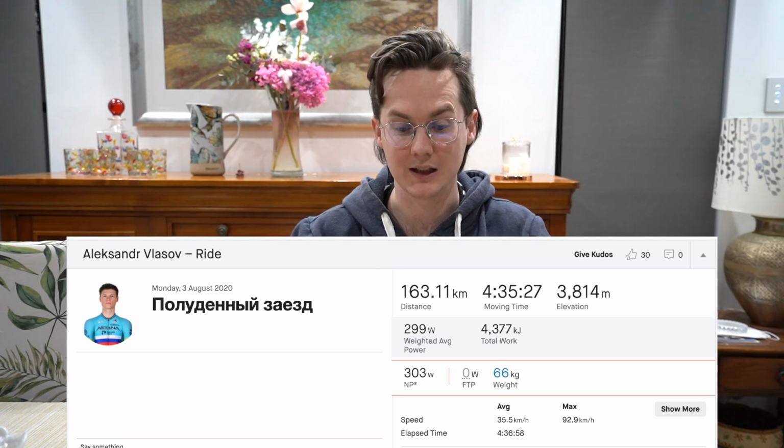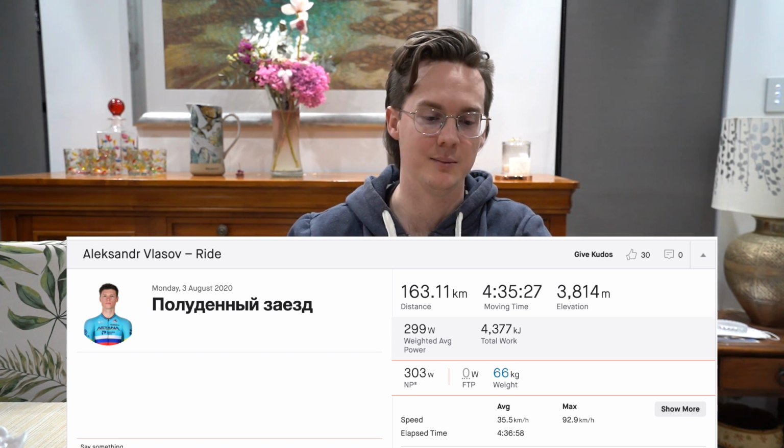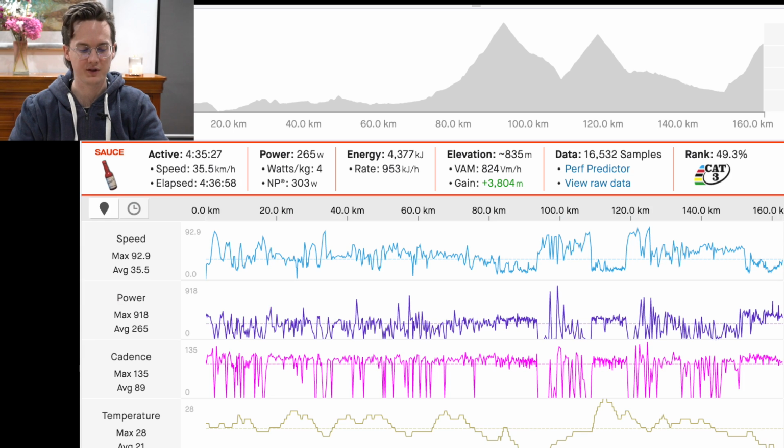Shout out to Charlie for linking me this activity. I couldn't find it for love nor money. I presume Charlie has an alternate Cyrillic keyboard that he keeps to find Russian riders' Strava activities. You can see on the elevation profile, bit of a brute of a day, and they did the first climb,